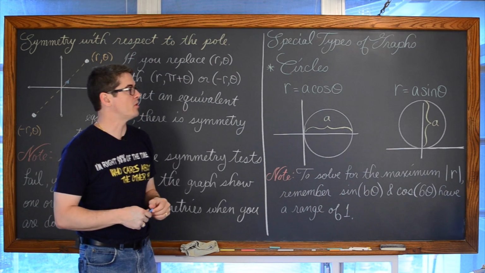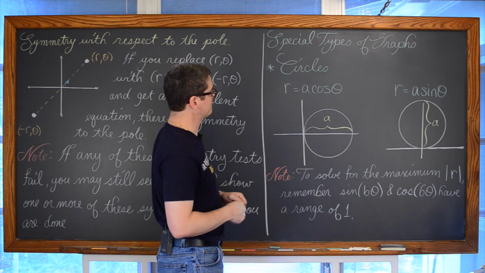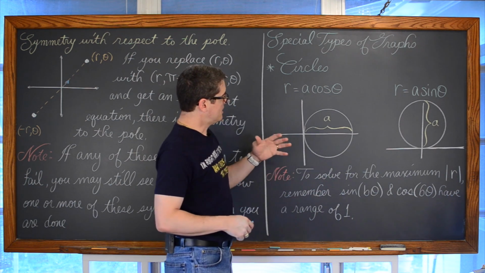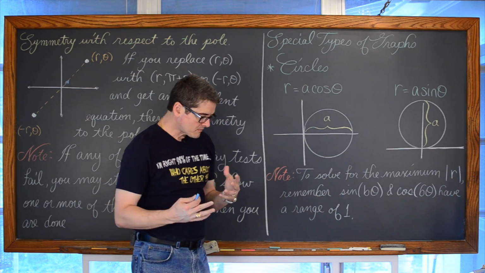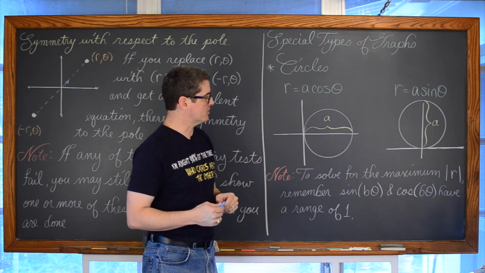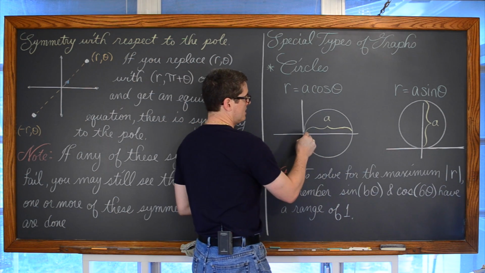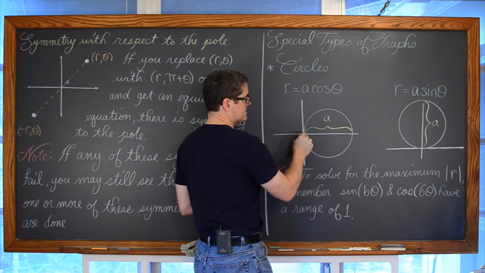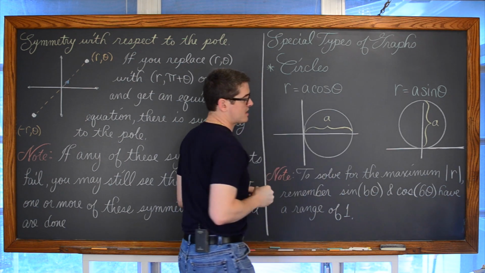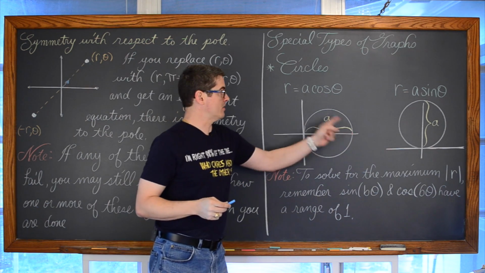It's going to be another type of polar graph that we're going to be talking about shortly. Now if it is r is equal to a cosine theta, then cosine being an even function, you're going to have symmetry about the polar axis, and the distance of the diameter of the circle passing through the origin to the opposite side of the circle